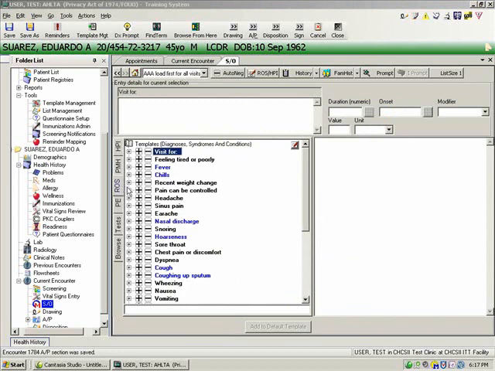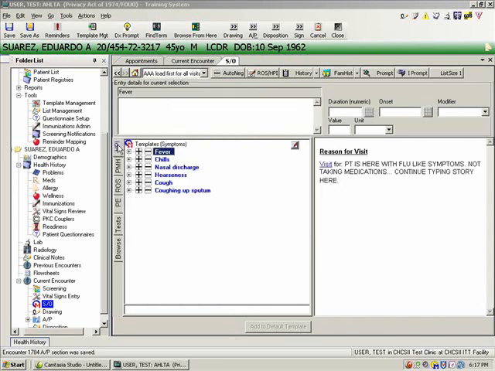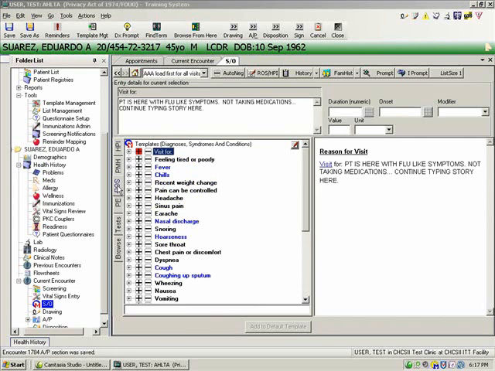In the ROS tab, I've placed my Visit 4. In the Visit 4, we're going to go ahead and type the story. The patient's here with flu-like symptoms, not taking any medications, and continue typing the whole story. Now keep in mind, I could have used my favorite AIM form right here and pulled it out. The concept is the same when you do the DXPrompt. Notice that the symptoms in the HPI that came back with the DXPrompt, fever, chills, nasal drainage, are also in the ROS tab. But we've made this system bring back the DXPrompt items merged with the default template, and those